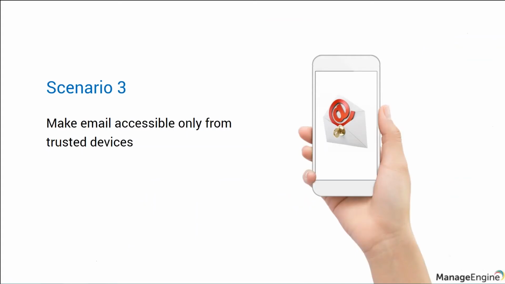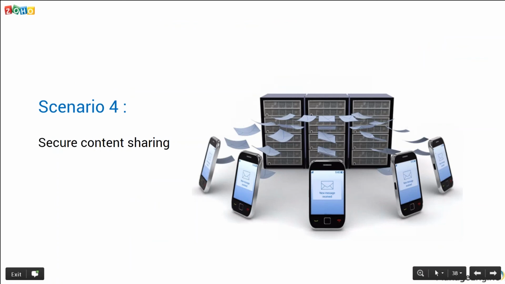So certain department members might have requirements sometimes to share content within themselves without even the slightest form of leakage. For example, let's say that your R&D department needs to share blueprints for a product which is in development without even revealing it to the outside department members. So in this sort of scenario, companies require a safe content sharing platform so that employees can access these details from their mobile devices. MDM allows for secure sharing and viewing of email attachments. Let's see how. Back to the product console.